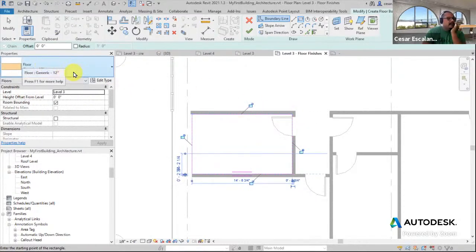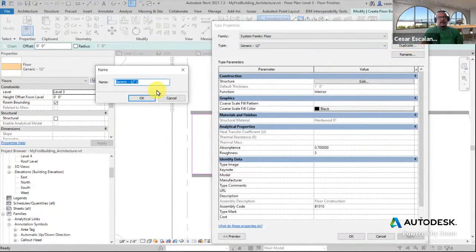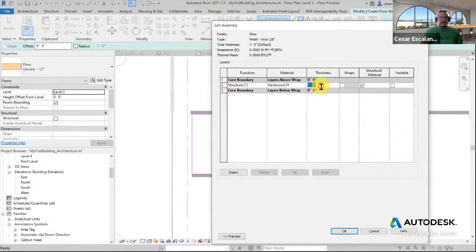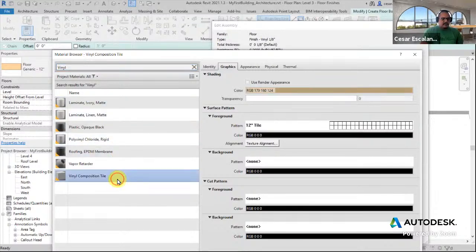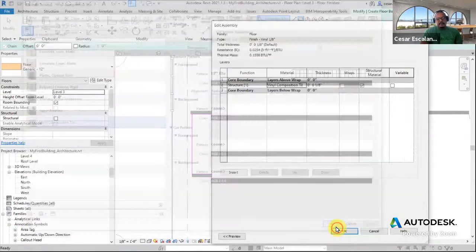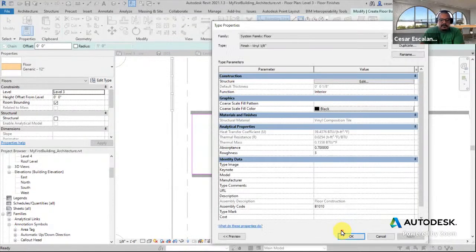But rather than doing a generic 12 inches, I create a new type, duplicate it, and you can call it finish dash vinyl 1/8 of an inch. And then you change the structure of this to 1/2 an inch and give it a material. And the material, choose vinyl composition tile. Hit OK. And the other thing you need to do is